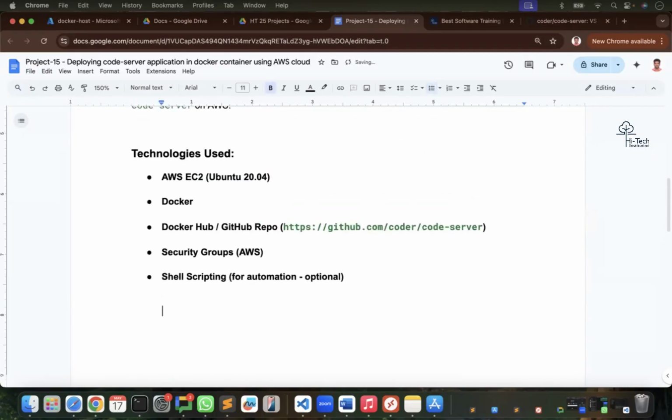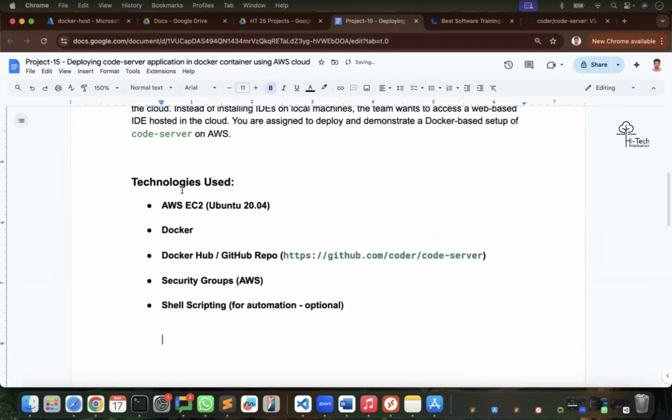So the technology you are going to use is AWS EC2, an Ubuntu EC2 instance. I have an instance ready, and many times in our class we have seen how to create an EC2 instance. In the EC2 instance I have installed Docker. All of you, if you've seen this project 14,